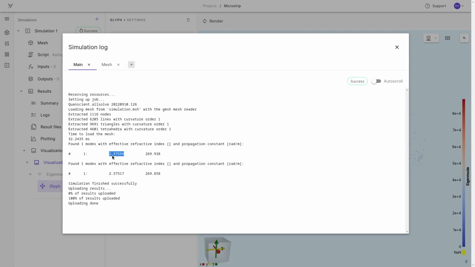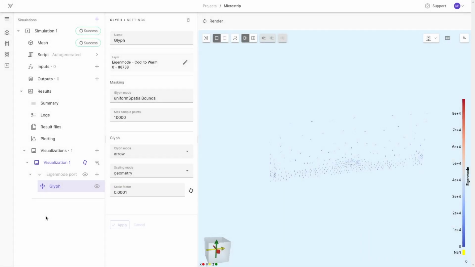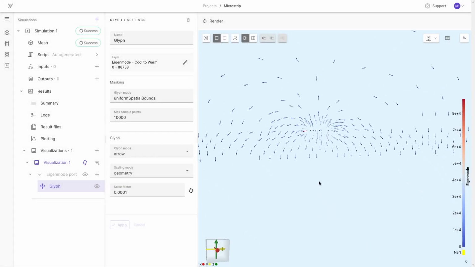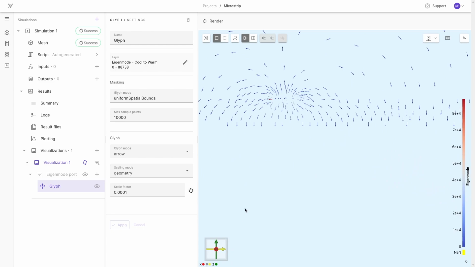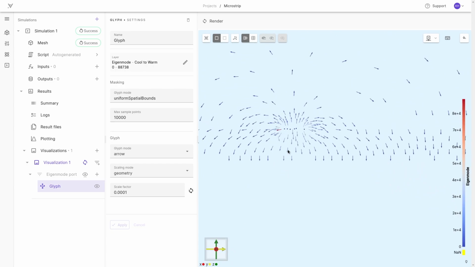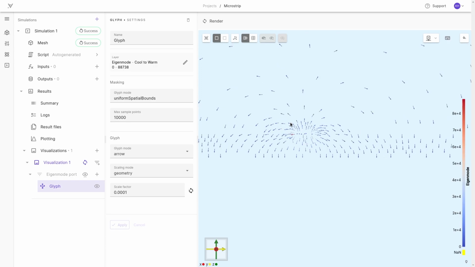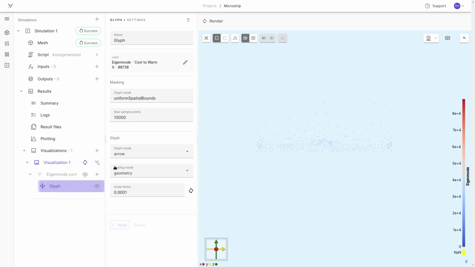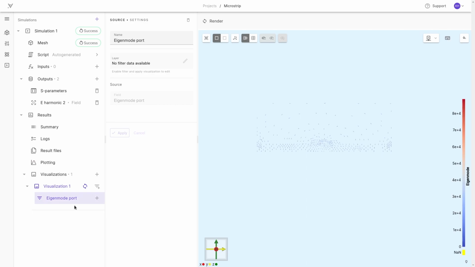And the effective refractive index is 2.57 and the propagation constant is 270, purely real because here we don't have losses in this simulation. You can inspect what the mode looks like here. And unsurprisingly, it is like the usual microstrip mode shape. So now that we are confident that our one and only mode is the one we want, then we can